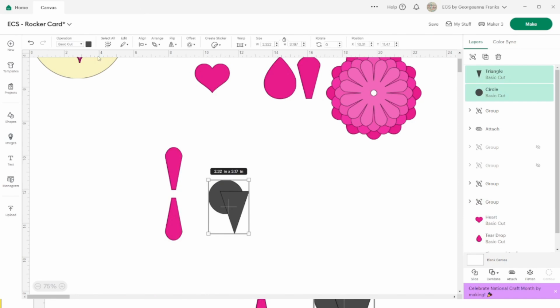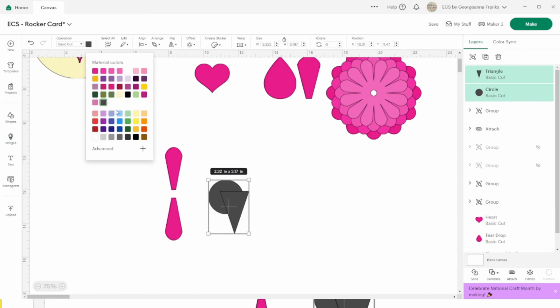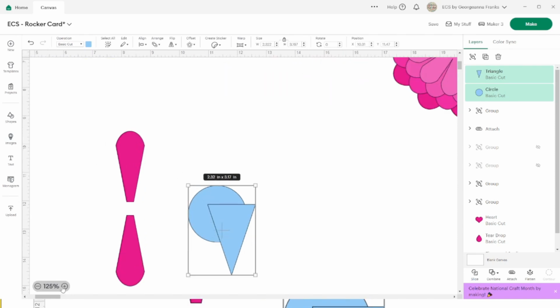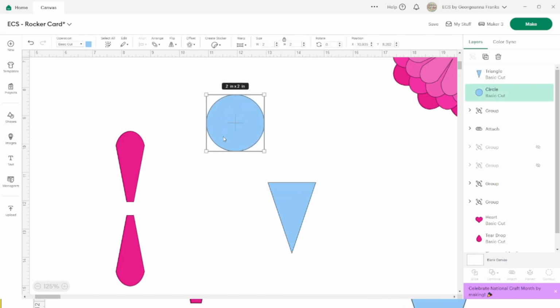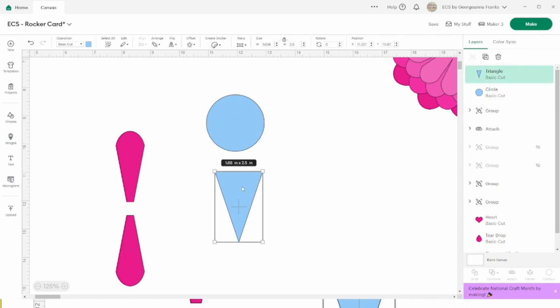Okay. Obviously, I'm going to change those. And this blue just happens to be one of my favorite colors, so that's what I'm going with. So to make this shape, you're going to want to do some slicing, and we're going to start by duplicating